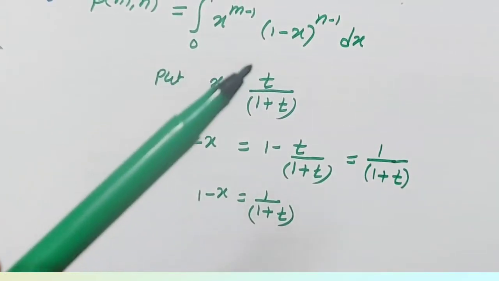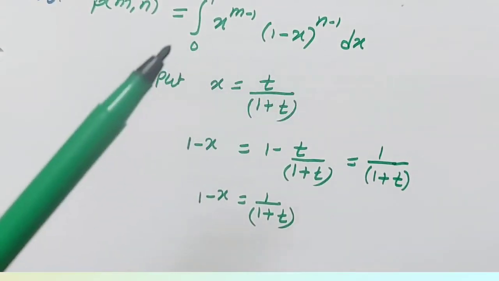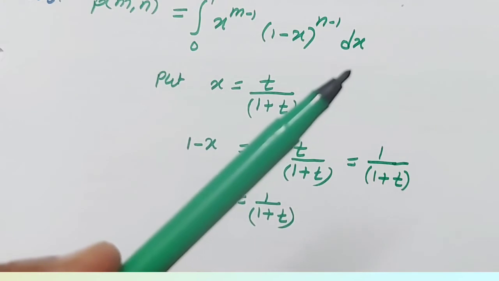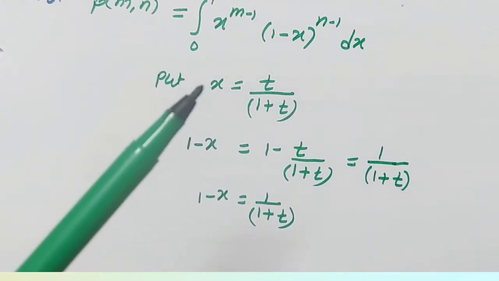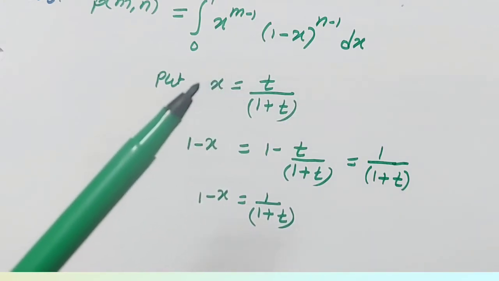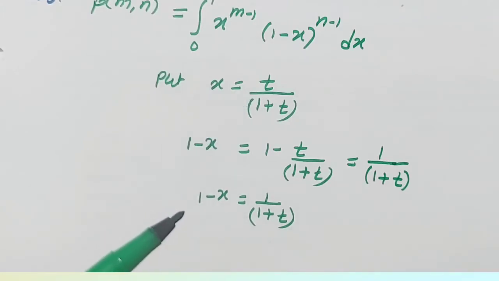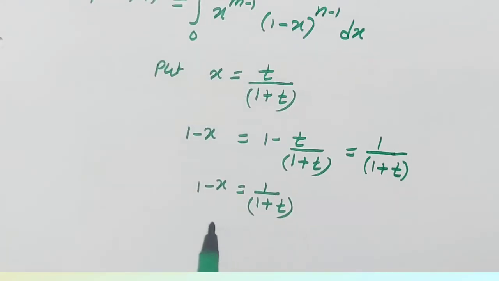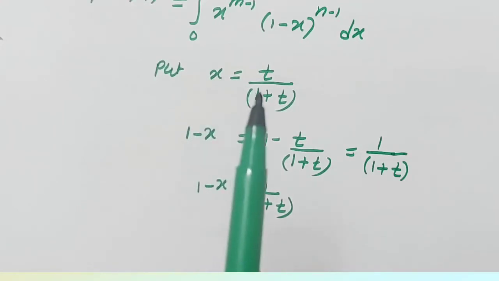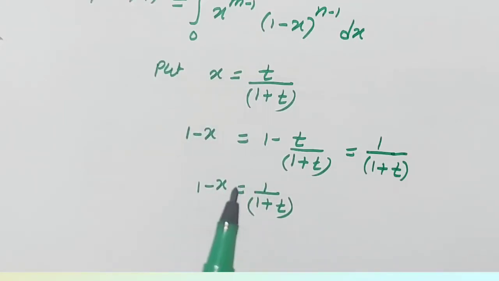Now we have to find the value of dx. That means we have to convert this integral with respect to t, and here x contains this term, so you may differentiate this term or this one. If we compare the first term and the second term, the derivative of this term we can find easily. So either you can differentiate this term or this one, but the easy way is to differentiate this term to get the value of dx.